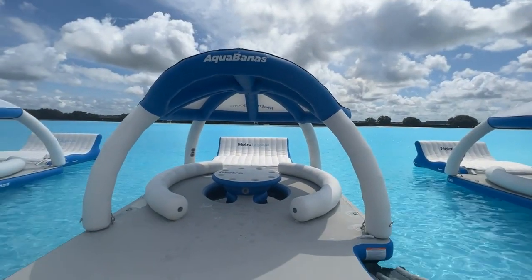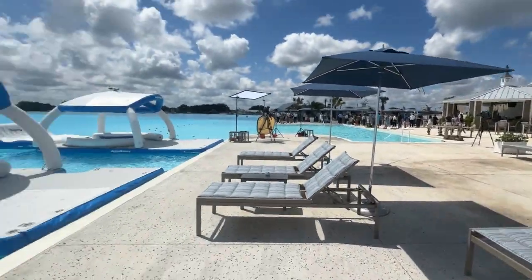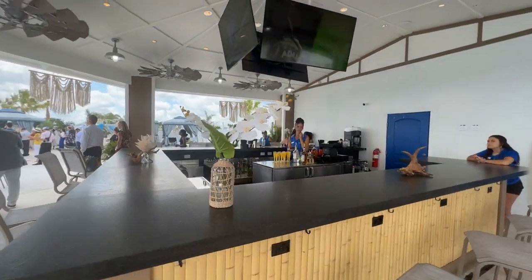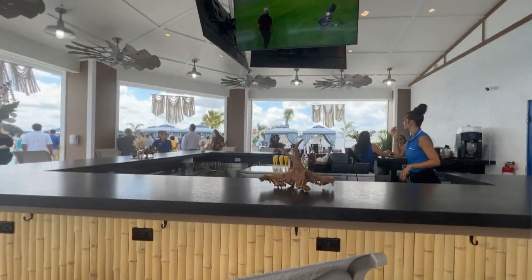And of course you can rent out the aquabanas. You can rent out the different day beds, day cabanas, or just regular cabanas. Now there is a VIP section that's called Cabana Cove, and that is adults only. That's right, adults only, and you do have to pay an extra fee to get in there, but it's totally worth it, especially if you're just trying to leave your kids at home and not have